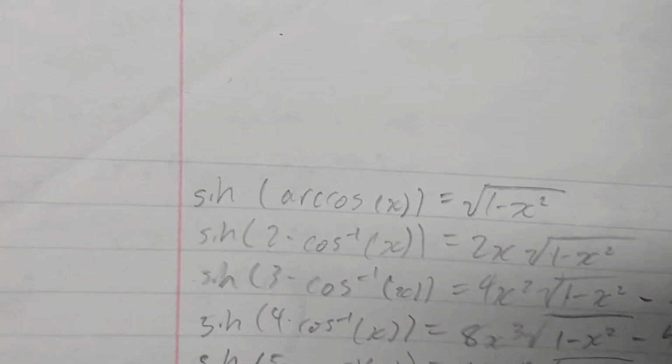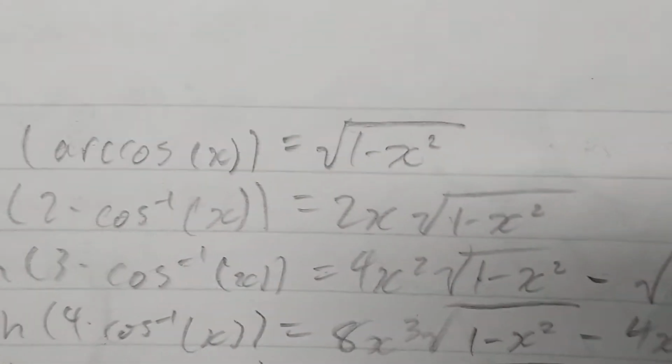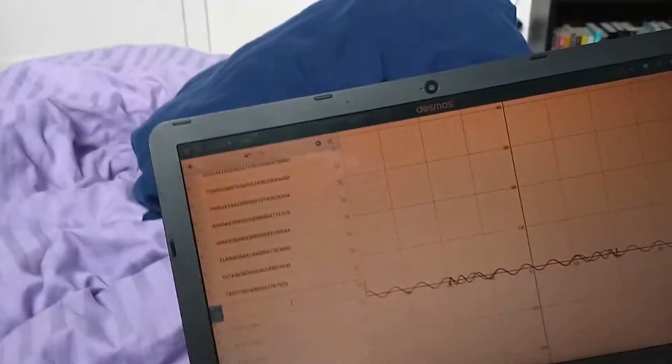If you look, there's sine times the arc cosine of x, and because there's a trig function and then an inverse trig function, an arc function, whatever, it can be represented algebraically. Okay. And if you take a look,